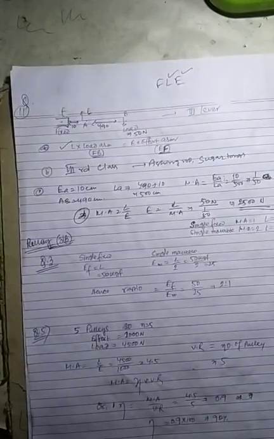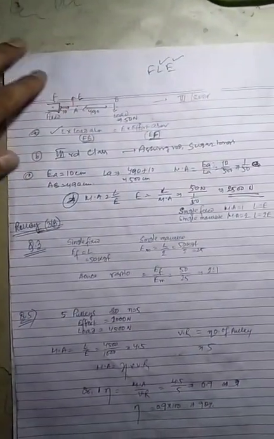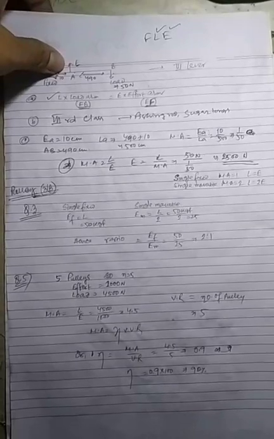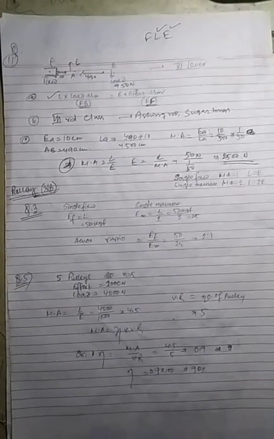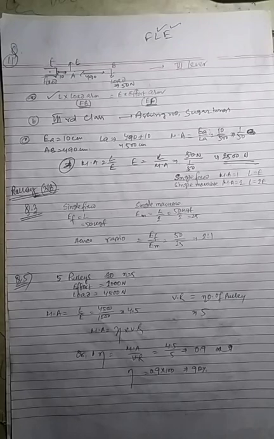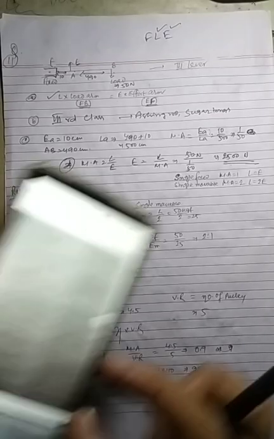Now move to the question number Pool A. Three questions from Pool A I will solve, and your exercise will be over. Exercise 3B, move to page number 68. Okay, on page 68, first we solve question number 3. This is the question.